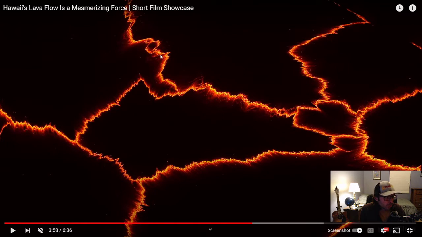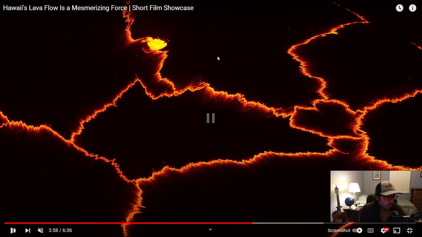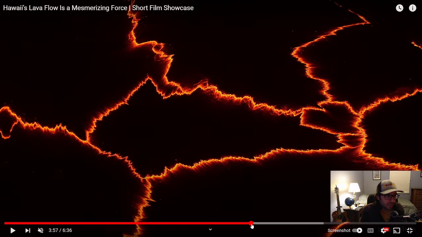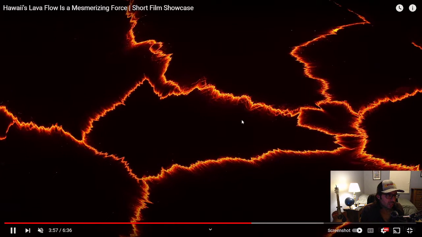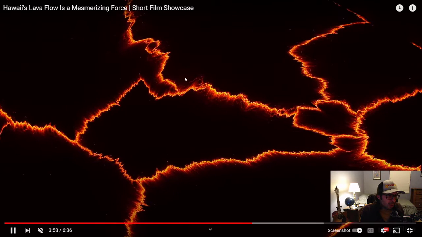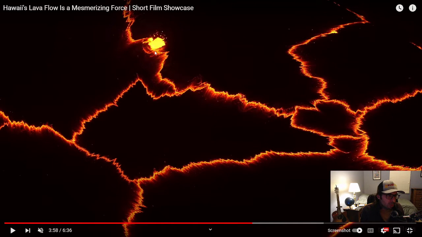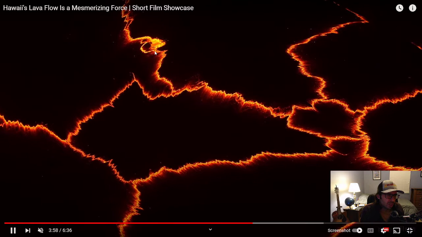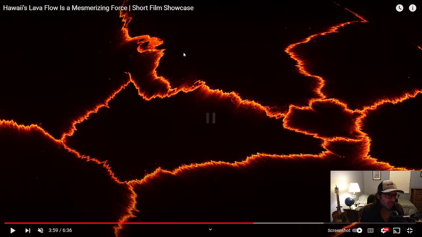It's forming more and more of a yin yang shape. Boom. And it opened up like a yin yang with a bubble, like an eyeball kind of looking thing. And then it leaves behind